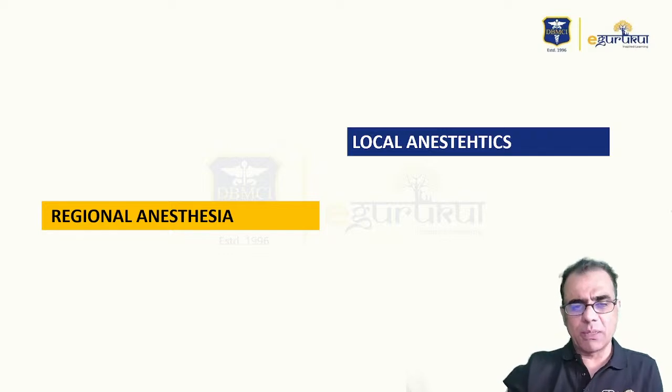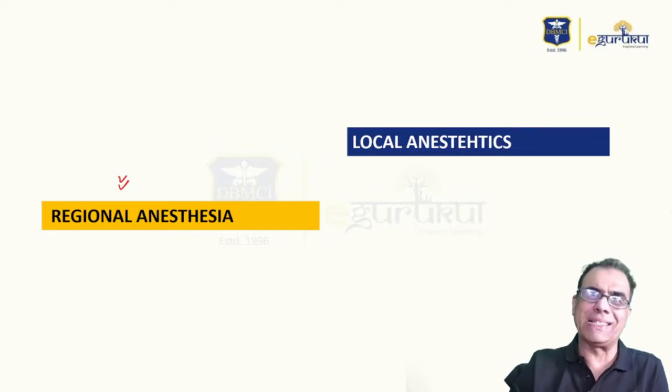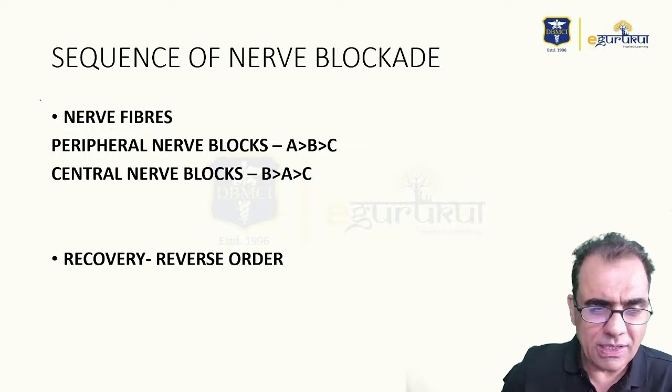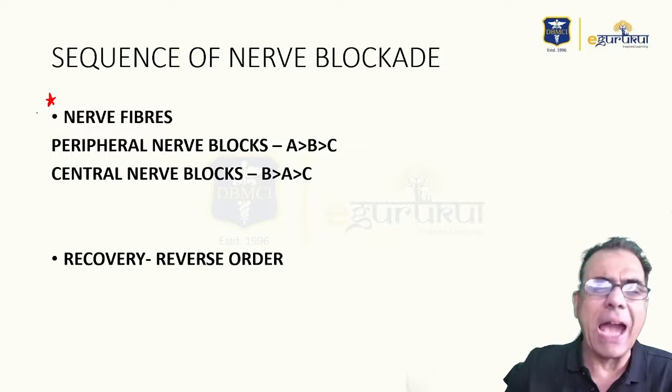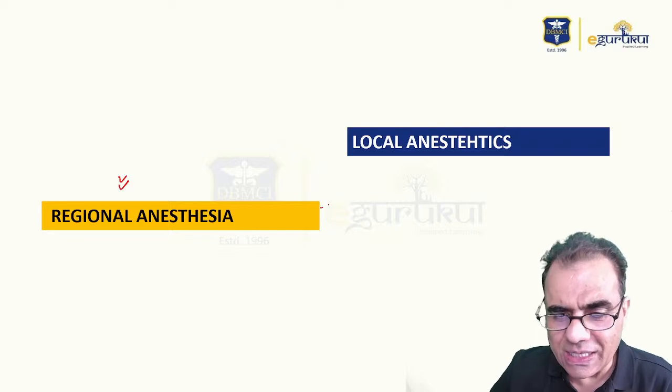Now let's discuss regional anesthesia. Regional means blocking one of the regions of the body. So to block one region of the body, you have to use local anesthetics. So first let's discuss a bit about local anesthetics. Now, sequence of nerve fibers. You will find it to be very controversial, but actually it is not. Why, I'll tell you. See, when we say regional anesthesia, it is divided into